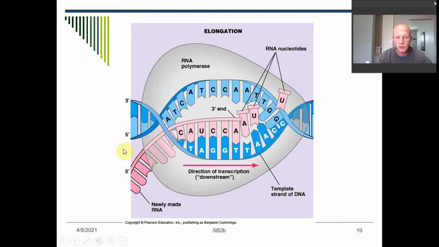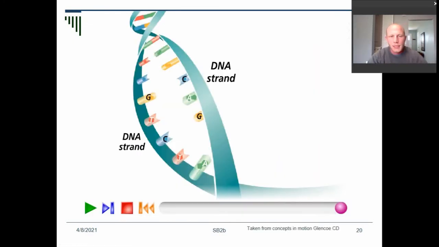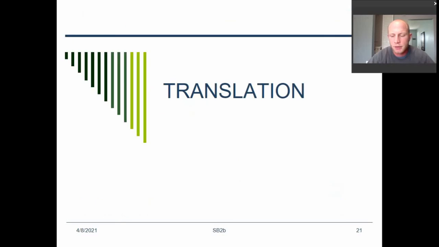So down here it says newly made RNA, this pink strand here. And so it starts pairing, right? The blue is the old DNA copy, and the pink's the RNA. So adenine, uracil, right? Thymine's been replaced in the mRNA. C goes with G, C goes with G, A, and so on and so forth. I'm going to go ahead and skip this because, like I said, I already have a video made up for you guys. All right, so that's transcription. Transcription is just going from DNA to